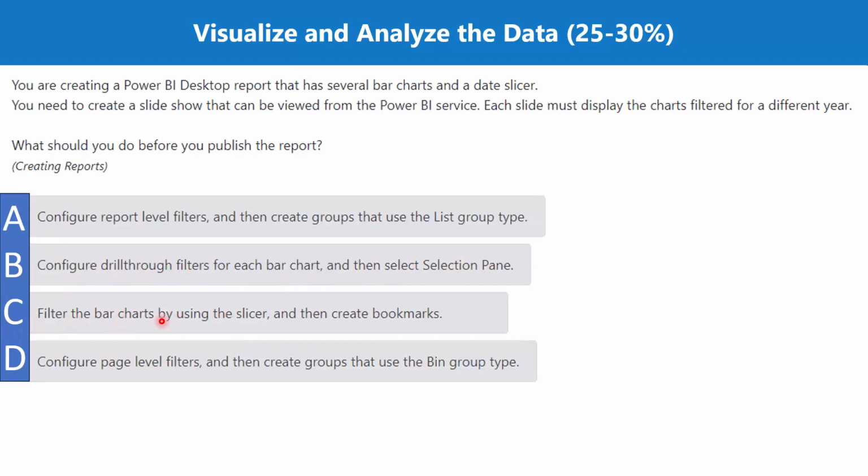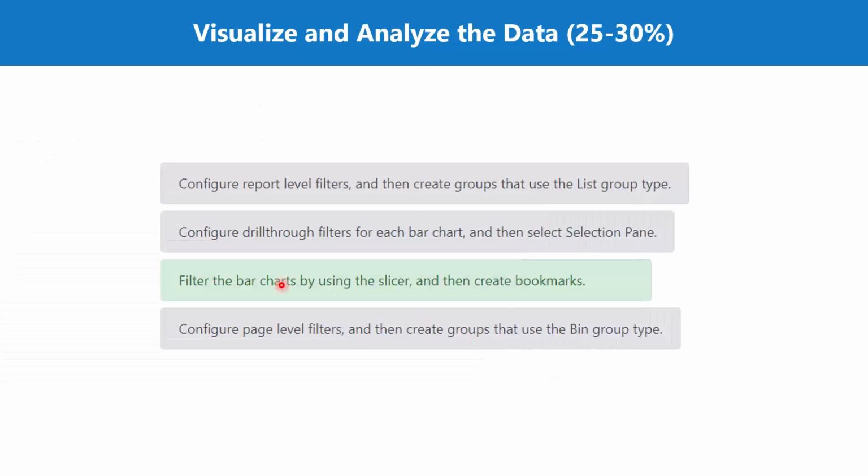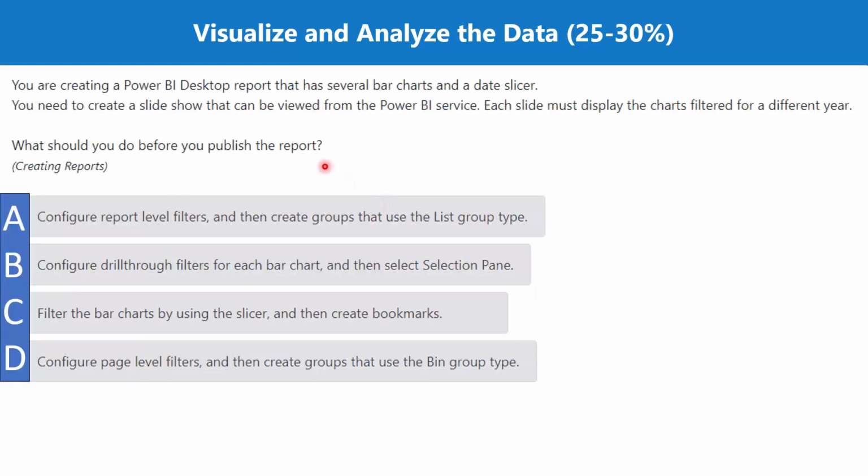Filter the bar charts by using the slicer and then create bookmarks. Configure page level filters and then create groups that use the bin group type. So let's have a look at the result. So the correct answer is filter the bar charts by using the slicer and then create bookmarks. This is the only option that has bookmarks in the option, and the functionality that is shown here, which we